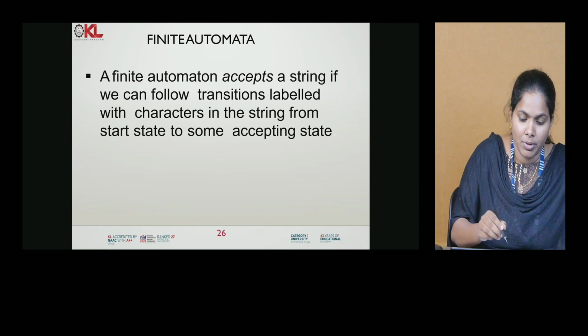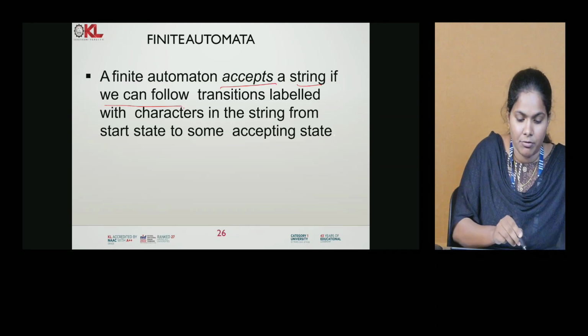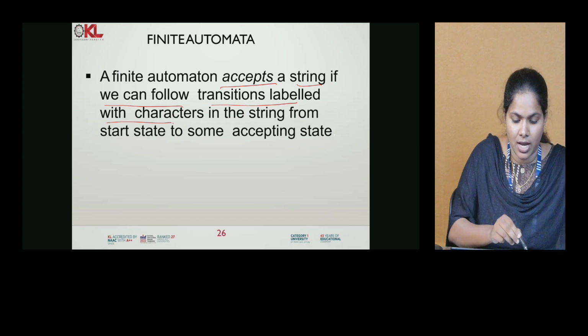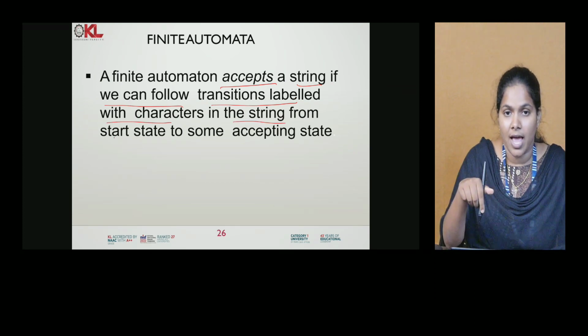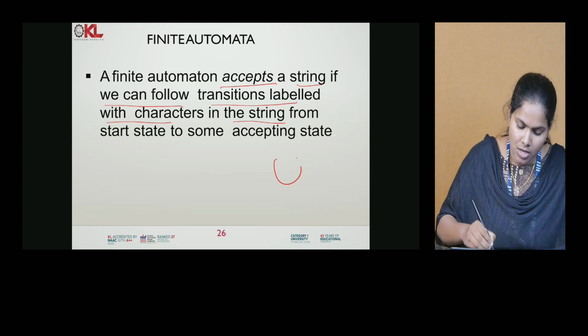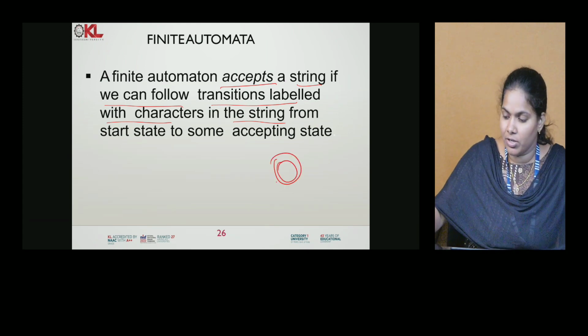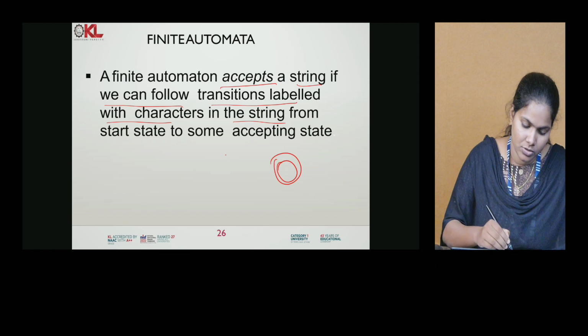The finite automaton accepts a string if we can follow the transitions labeled with the characters in the string from the start state to some accepting state. What is the accepting state here? That is the final state. So whenever you are saying that the input string is